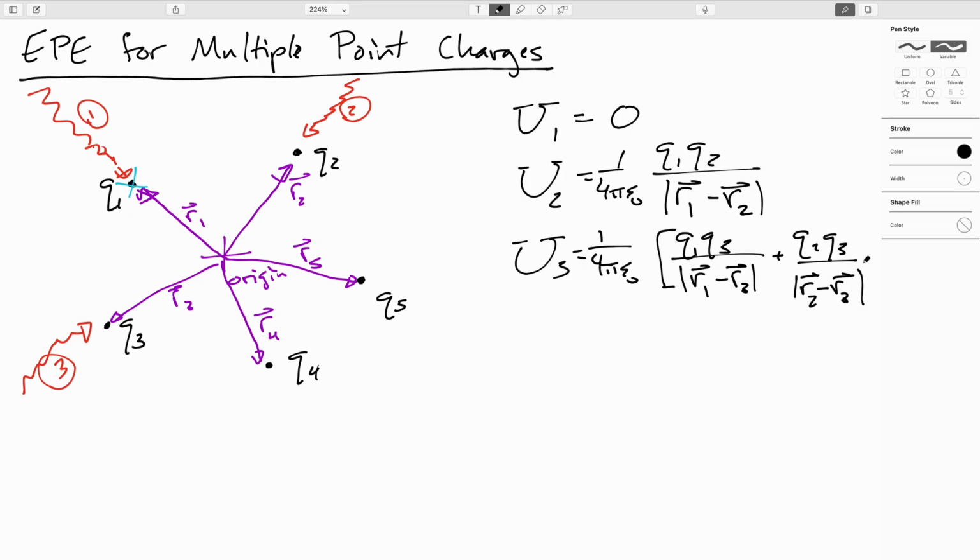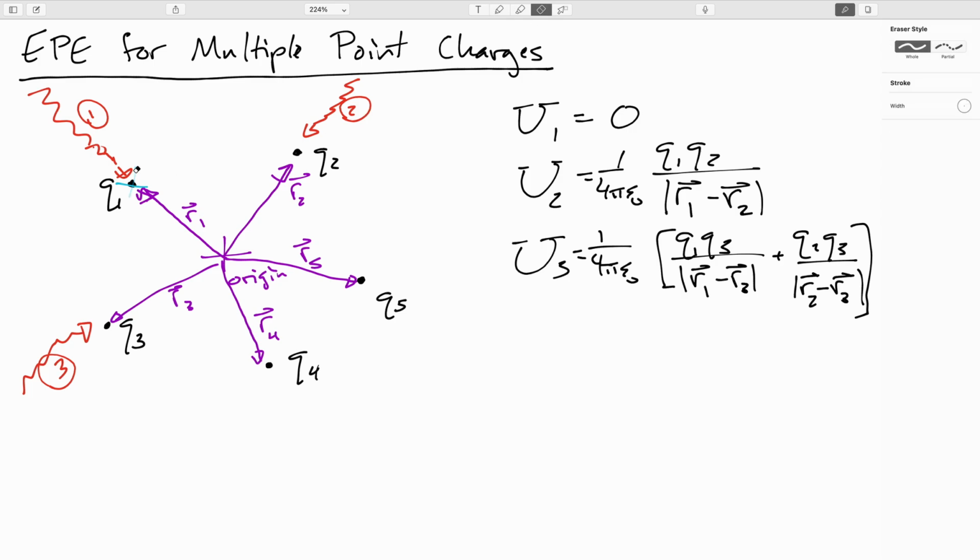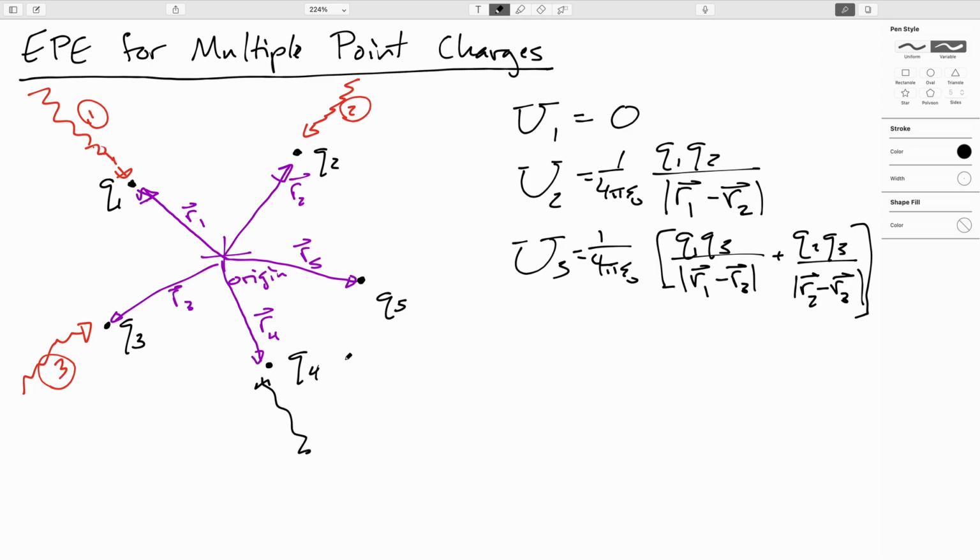And again, we're just taking the magnitude. And we can wash, rinse, and repeat for